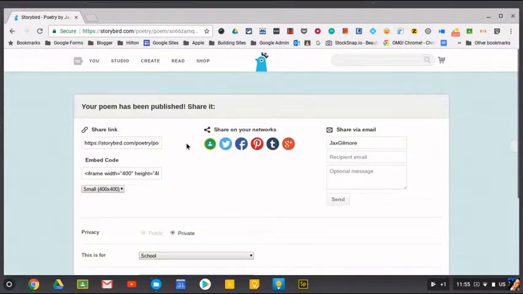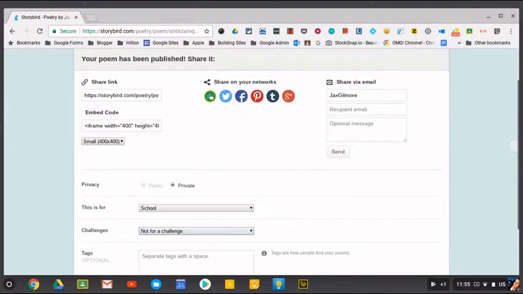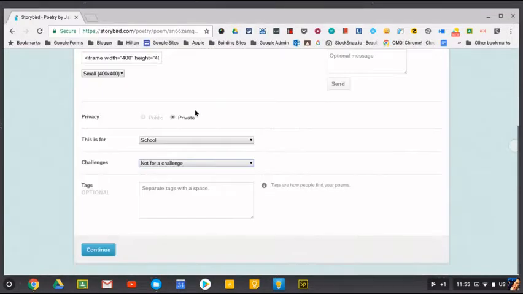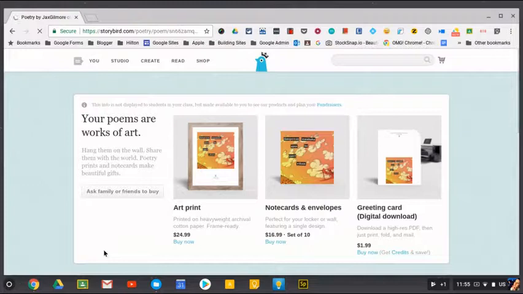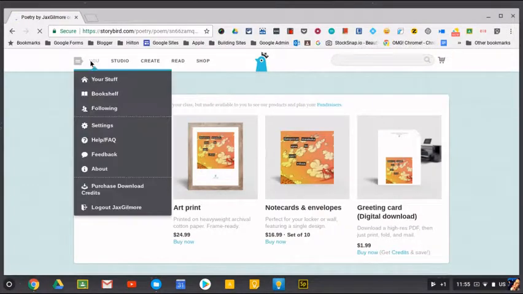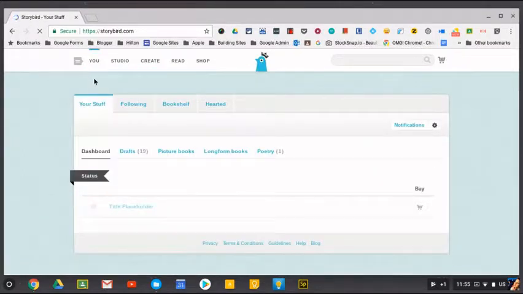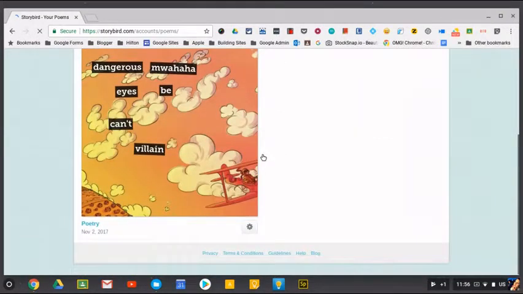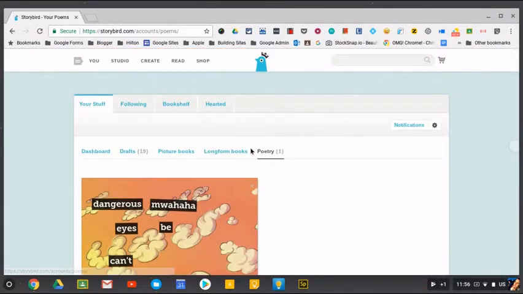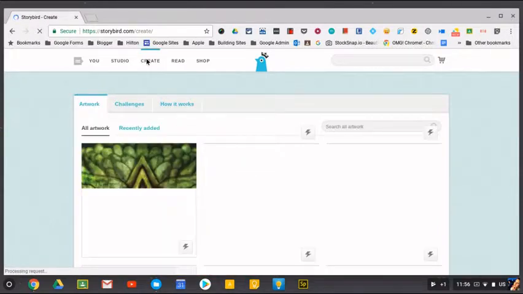you also get a link. You could share it out, which is pretty cool. Or if you're somebody who's using Google Classroom, you could share it there. Another reason to use it. How great. So I'm just going to hit continue just so that it publishes on my area. Okay, so now under me in my shelf, you'll see here under poetry, I actually have one, and it's terrible. So that's poetry. I'm going to show you one more, and then we'll talk about getting the word lists and